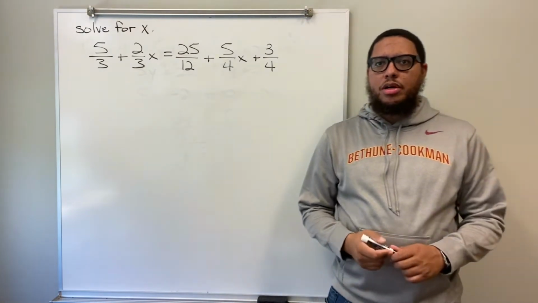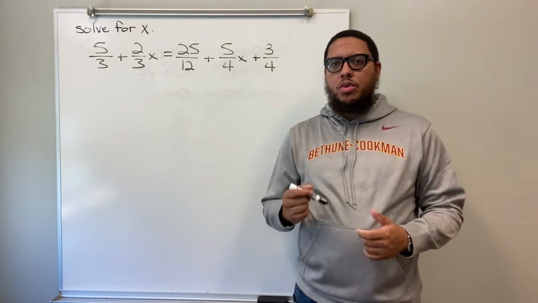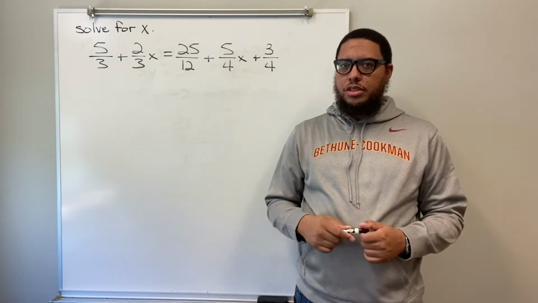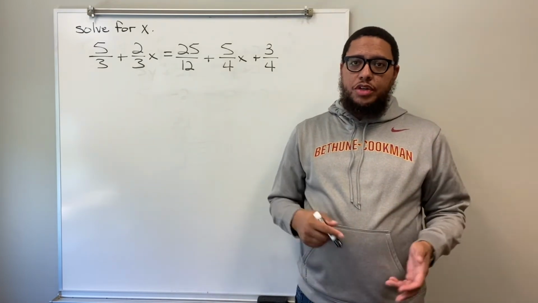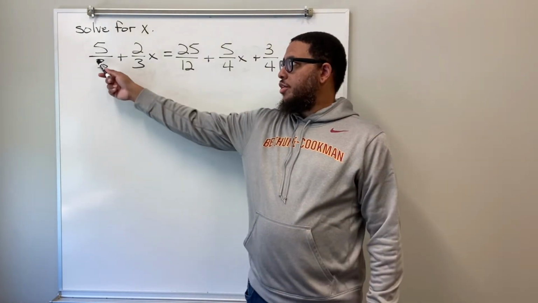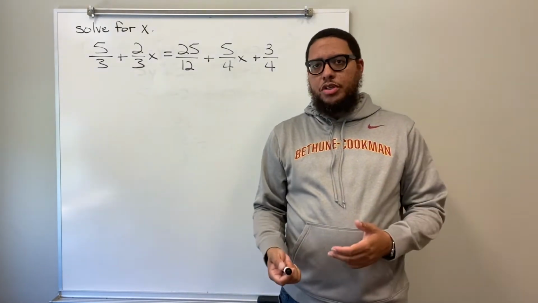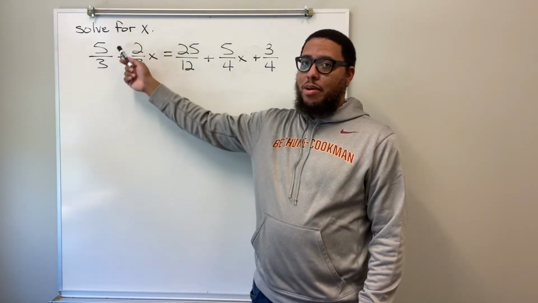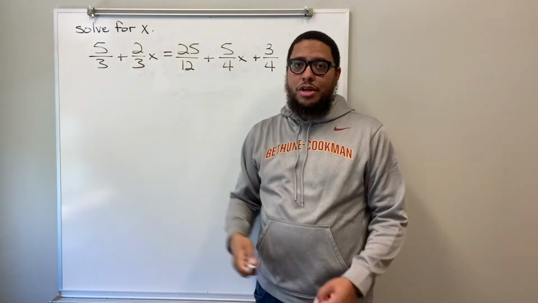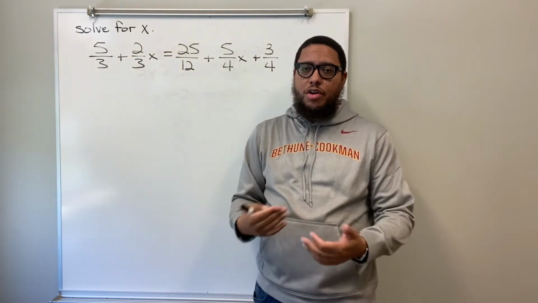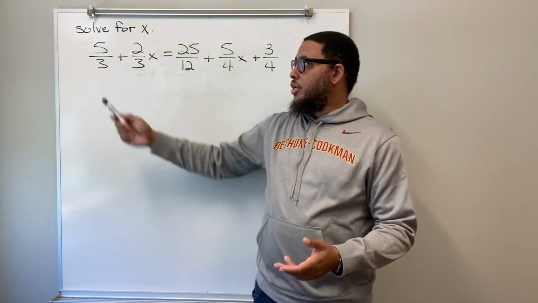This is Professor Parker, and for this lesson, we're going to be solving an equation with fractional coefficients, which basically means our coefficients are fractions. So 5/3, we can think of 5/3 as a coefficient because we can think of it as 5/3 x to the 0 power. Since there is no x term there, x to the 0 power is equal to 1. So that's why we could think of 5/3 as a coefficient,